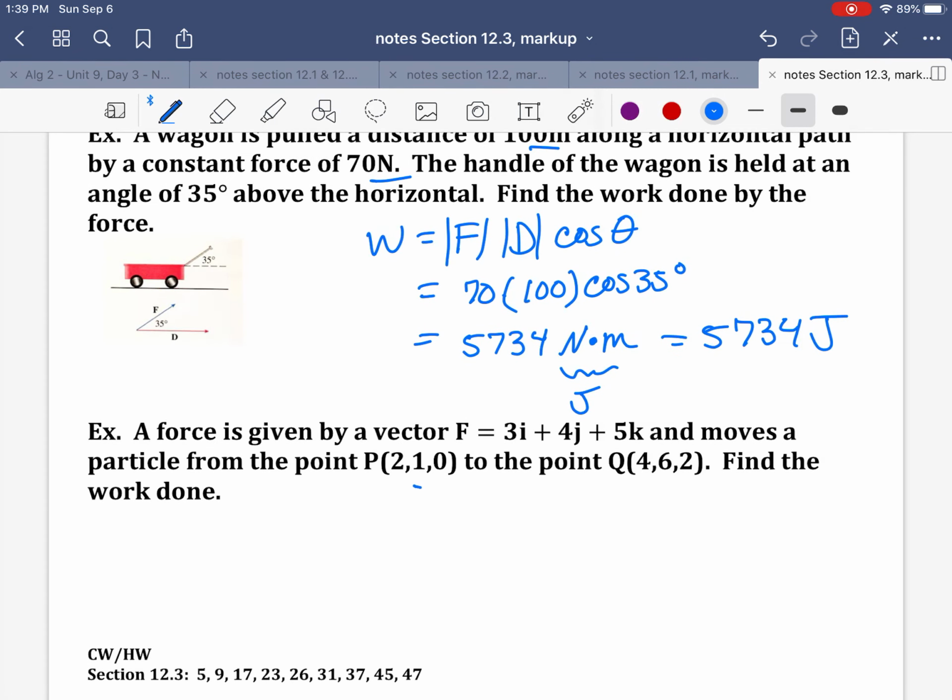And the last one here. This one says a force is given by this vector and it moves from there to there. So all I need is a distance, or a direction vector. I need to figure out the direction if I'm going from P to Q. I just need a vector to represent that. So I think of component form: 4 minus 2 is 2, 6 minus 1 is 5, and 2 minus 0 is 2. So all I have to do is dot this with this, and that will give me my work. If I dot those, I get 6 plus 20 plus 10. So I get 36 joules. All right, and these problems are not to do right now. We're going to start them in class, but